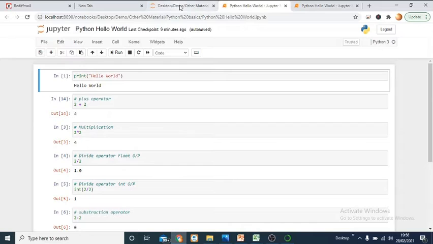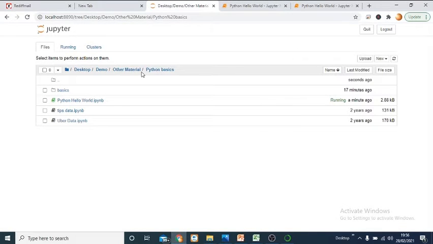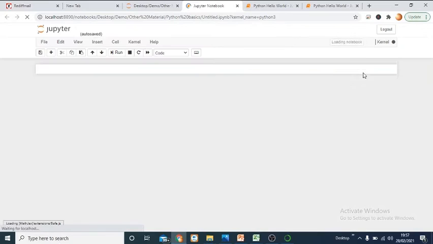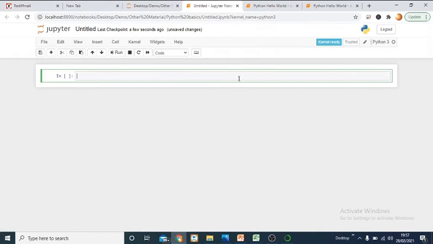Another option is, if you want to write an altogether new code, then you have to come to this particular section where you see New. Just click it. As soon as you click it, you will see Python 3. That means a Jupyter notebook will be opened up in a Python 3 environment. The moment you click it, you'll see this navigation opens up, and this navigation helps us to write different codes. So in Python, if you want to write any code, you have to write it in a new cell